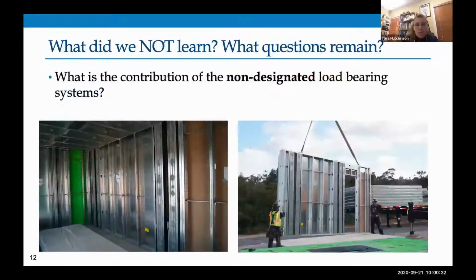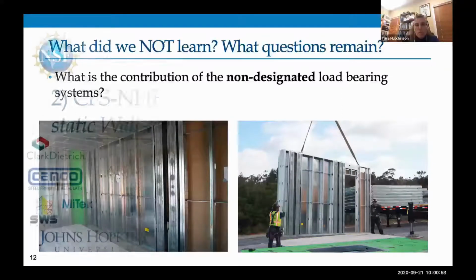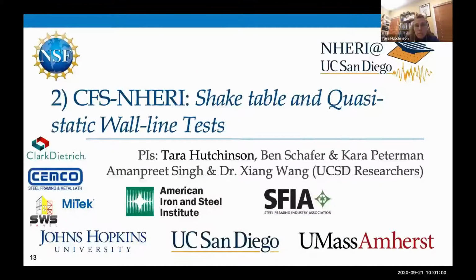We also, in the context of CFS framed systems, we didn't look at the importance of what someone might refer to as non-designated load-bearing systems. And here's a good example of that. During the erection, you can see the shear wall system on the left and the gravity assembly and openings for doors and the like on the right. By nature, the architect requires us to lay these out in line, yet we don't really know what their contribution is. So at least for us as researchers, the story continued,